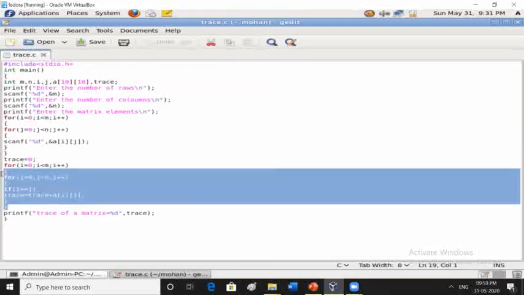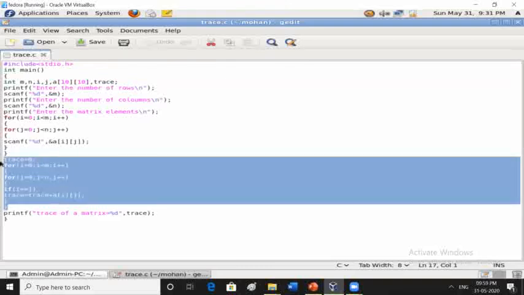When principal diagonal element, that is a of ij, that is a of 0 0, a of 1 1, a of 2 2, like that. Whenever i value equals j, then you are going to calculate the principal diagonal elements, that is the sum of the diagonal elements. Trace is assigned trace plus a of ij. Okay, see, this is the code for the trace of the matrix.